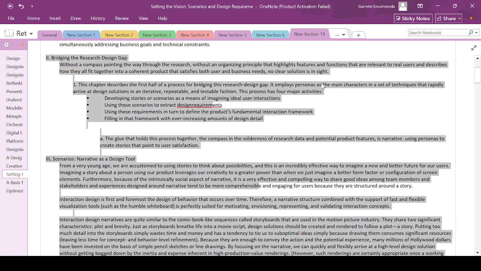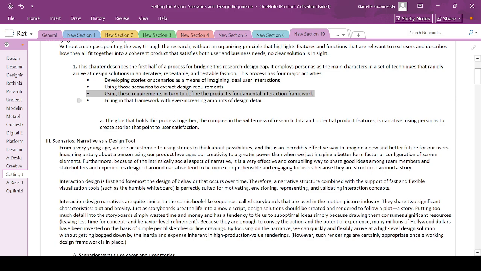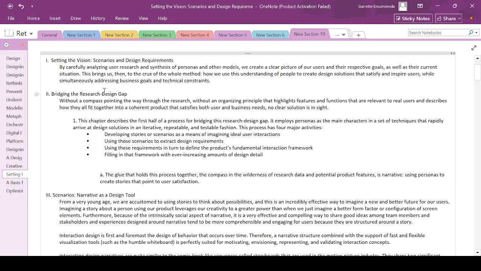This process has four major activities. First, developing stories or scenarios as a means of imagining ideal user interactions, using those scenarios to extract design requirements, using these requirements in turn to define the product's fundamental interaction framework, filling in that framework with ever-increasing amount of